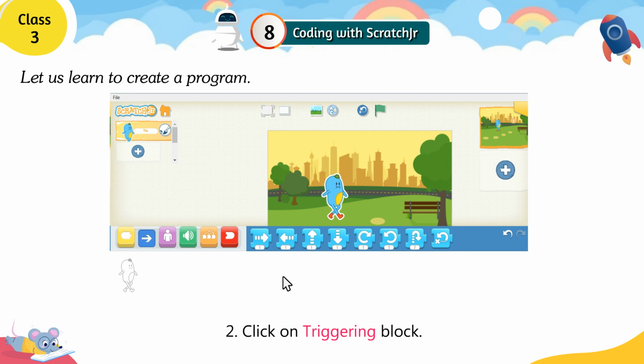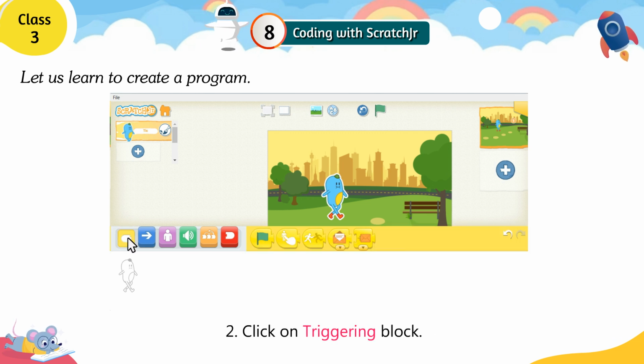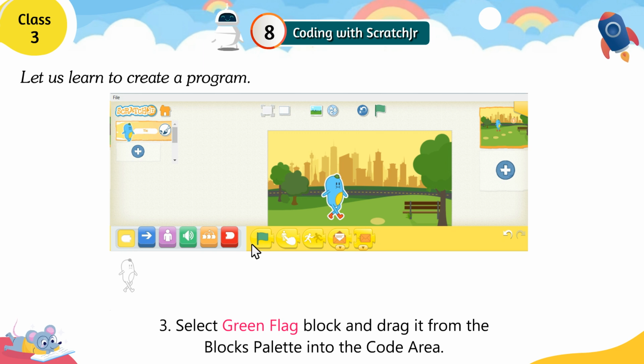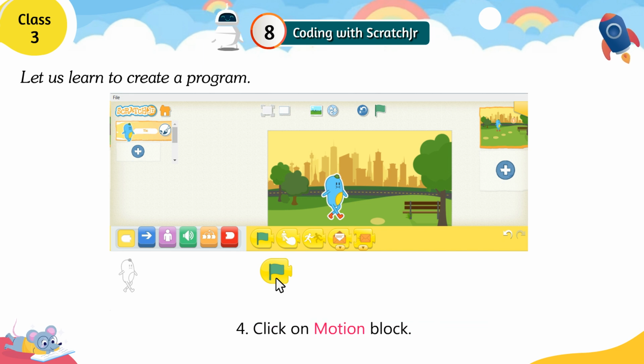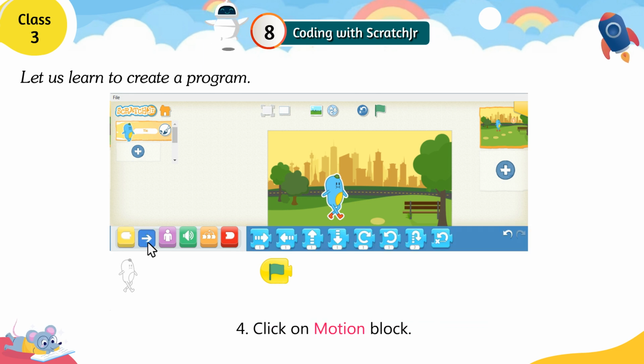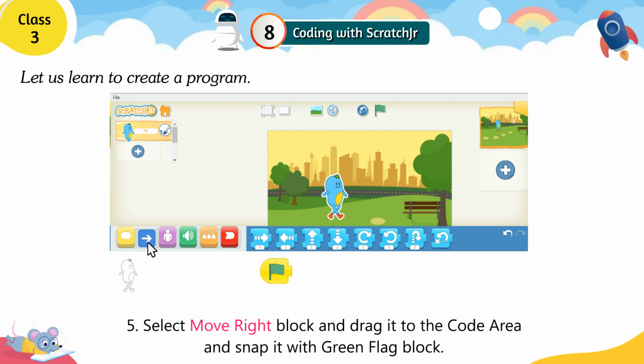Step 2. Click on triggering block. Step 3. Select green flag block and drag it from the blocks palette into the code area. Step 4. Click on motion block. Step 5. Select move right block and drag it to the code area and snap it with green flag block.